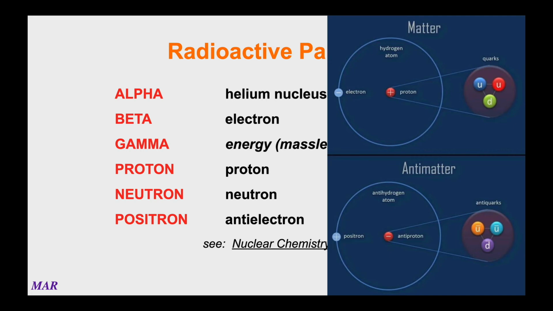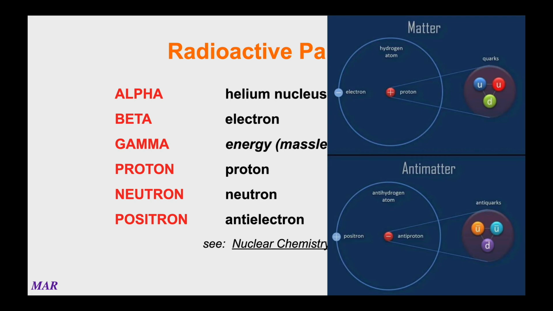That's really cool, but actually antimatter is a real substance. So in the upper part of this picture, there's regular matter, a regular hydrogen atom. And normally a regular hydrogen atom would have an electron and a proton. And if you look at the quarks inside, and this is an example of elementary particles, which is a special kind of physics, there's different kinds of quarks inside there, and you can see the little symbols and the colors.